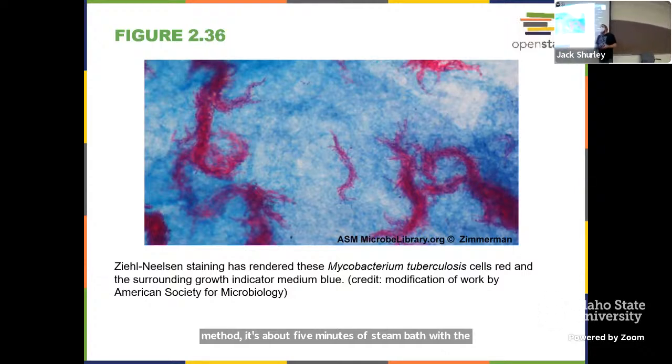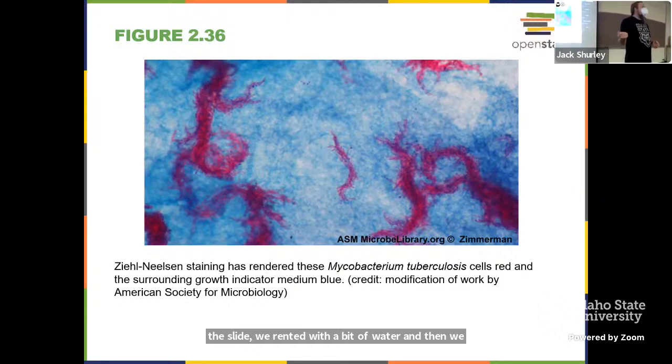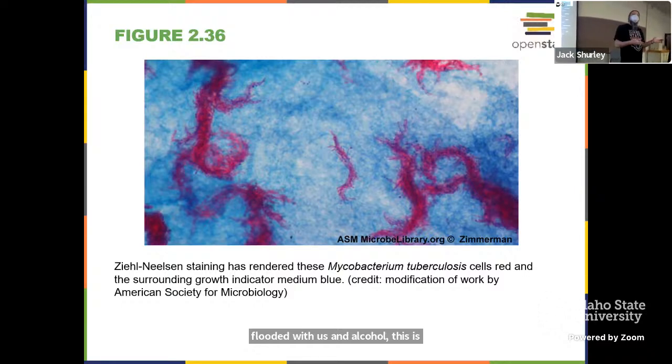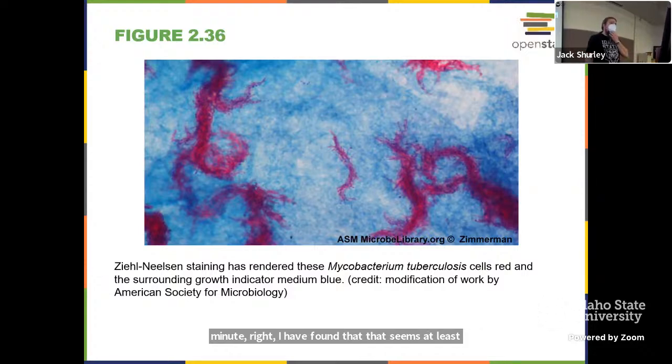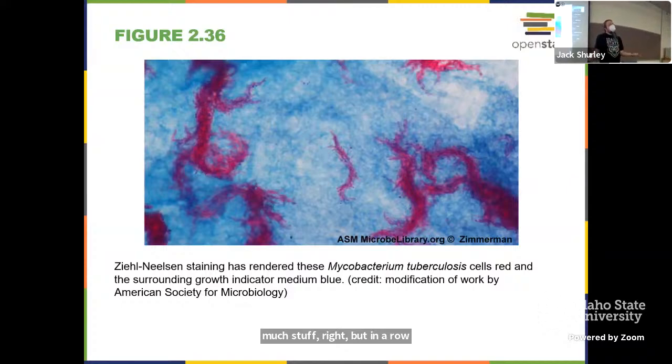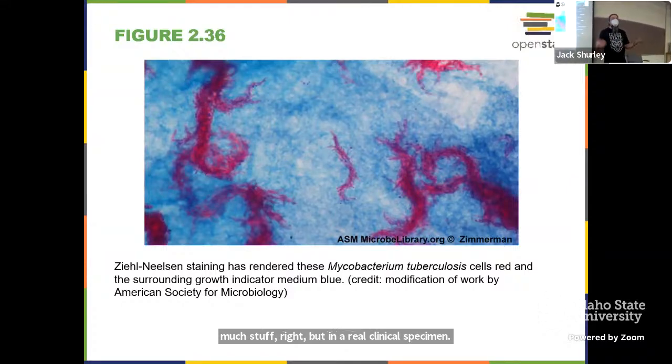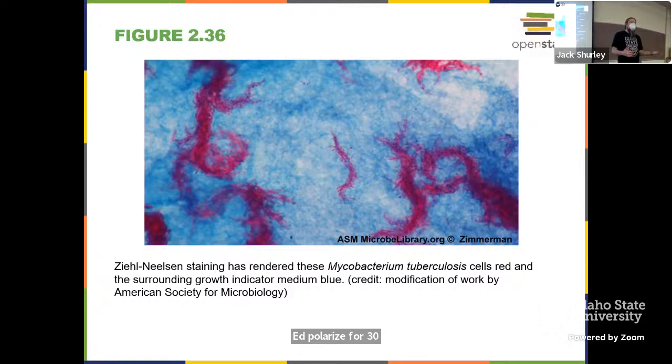After that, we take the slide, we rinse it with a bit of water, and then we flood it with acid alcohol. This is not something that you gently put on there like a gram stain. You squirt that stuff on there. You're supposed to be able to decolorize for upwards of a minute, all right? I have found that that seems, at least with what we've worked with, way too much still, all right? But in a real clinical specimen, you decolorize for 30 seconds to a minute, and then you counter stain with